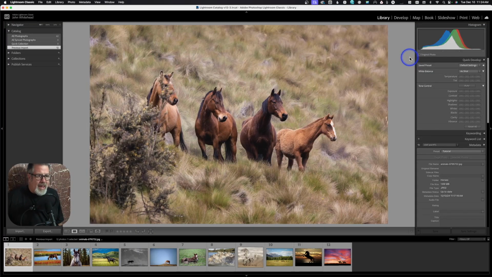All right, so I have imported my images, these horse images, into Adobe Lightroom Classic. So what we're going to need to do is resize our images. And why do we need to resize them? Natively, a camera shoots in a 2:3 ratio. So if you've already sized your images and left them at a 2:3 ratio, we're going to need to resize